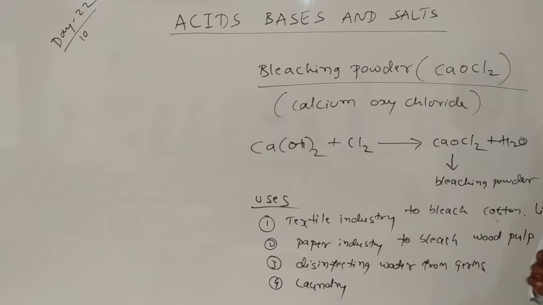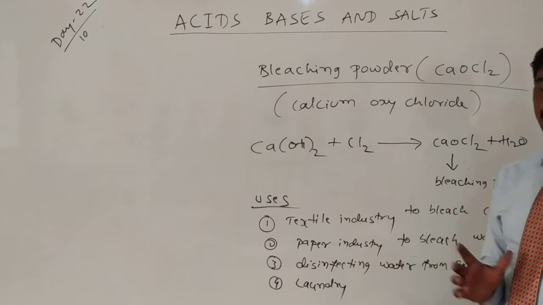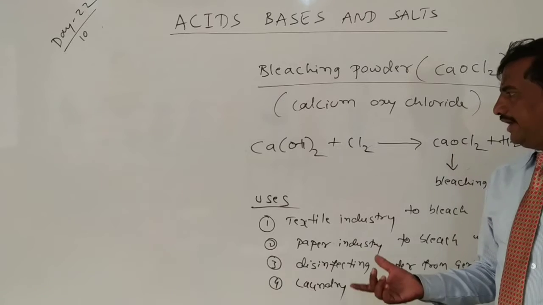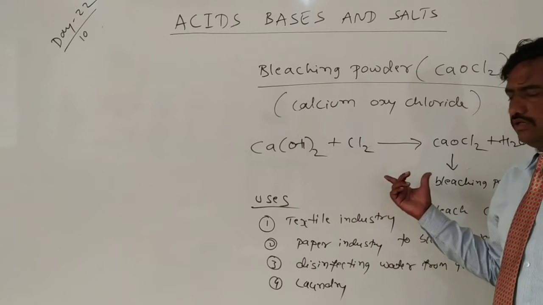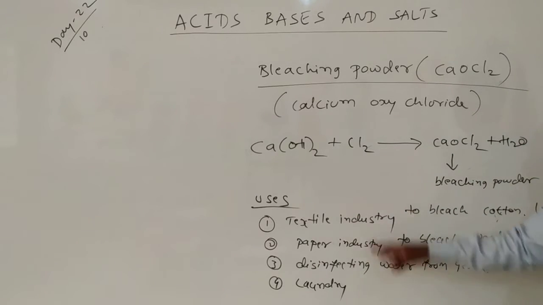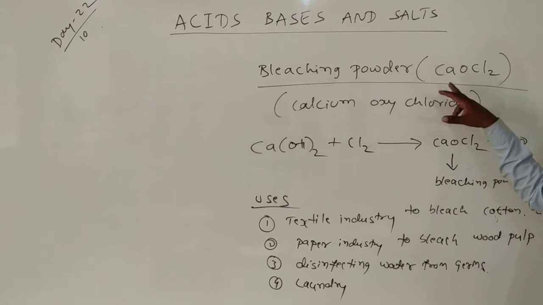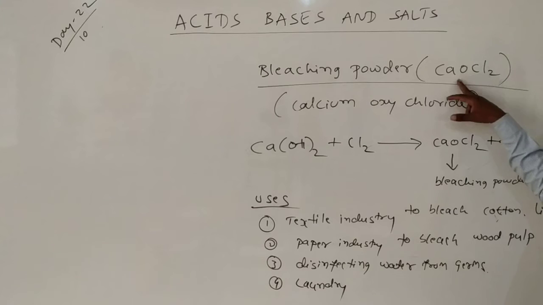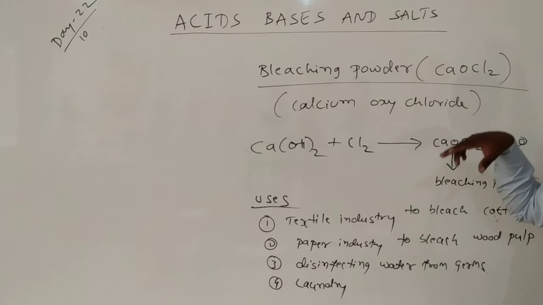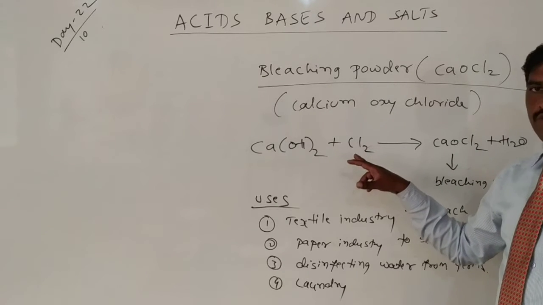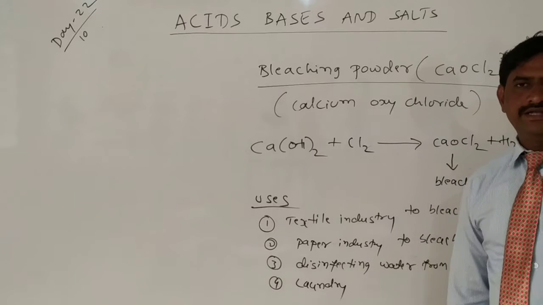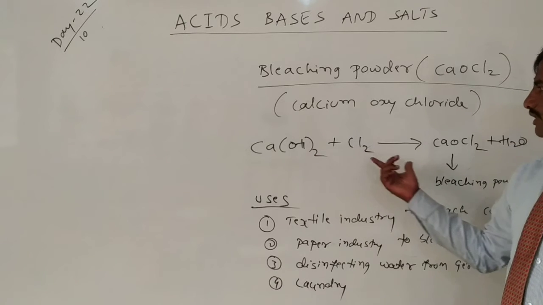So it carries a 3 marks question: write the manufacturing of bleaching powder with equation, then write its uses. What is bleaching powder? Its molecular formula is calcium oxychloride, CaOCl2. How is it manufactured? By passing chlorine gas through dry slaked lime, we will get